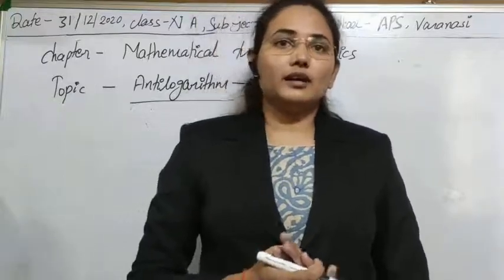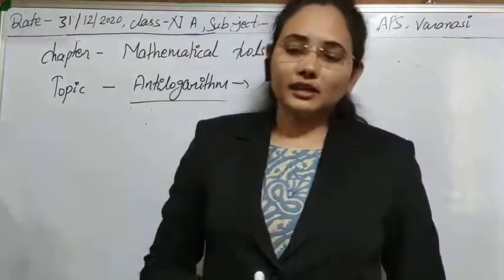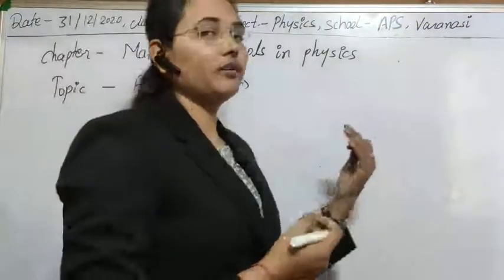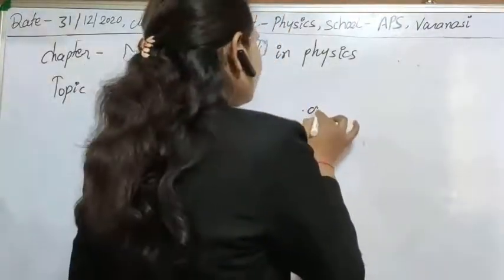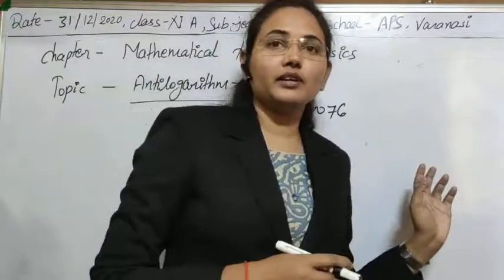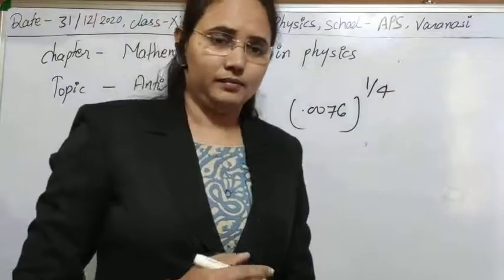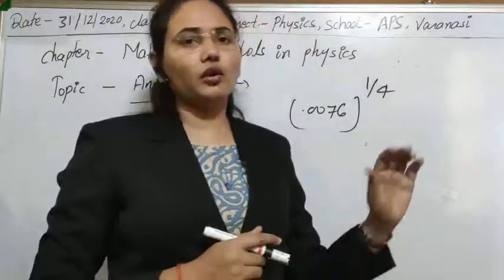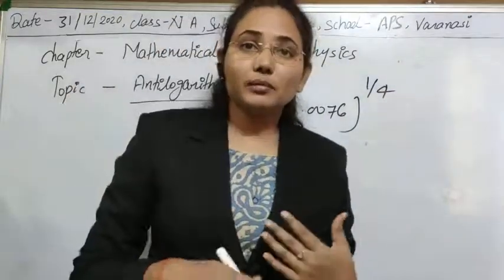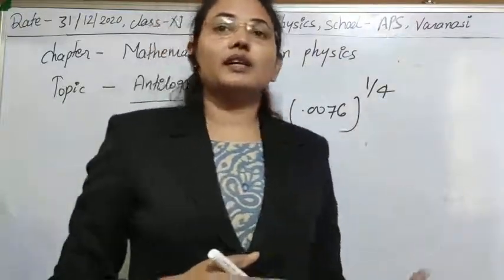So now if this is clear, where can you use it again here? Suppose in some problems it is given that you have to calculate the 1/4 power of the quantity 0.0076. Suppose this quantity is given to you and you have to calculate its 1/4 power. Now how to calculate it? A root means 1/2, that is easy to solve. But 1/3, 1/4, 1/5, such types of powers are given. Then how to solve it?